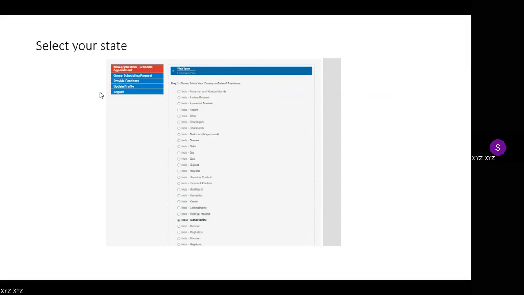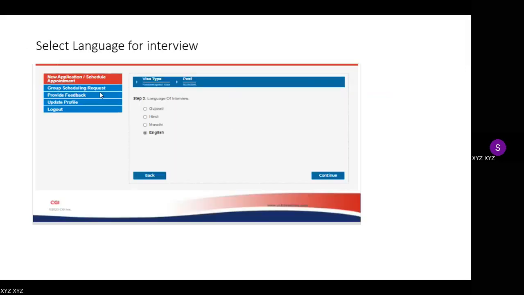Let's say if you're selecting Kerala, then you will be going to Chennai consulate. But just to note that selecting any state here, you can select any state during the consular interview location selection. So this is not linked with this one.